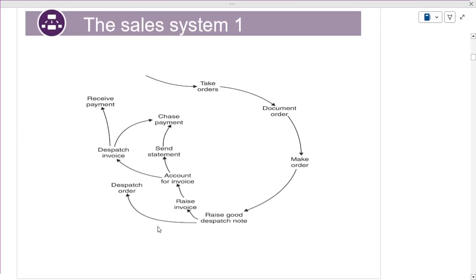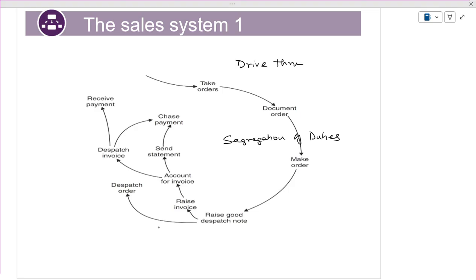Now, see how sales will work. I will give a simple example of a drive-through. What will you do? They will take the orders. The most important thing is segregation of duties. One person will take the order, documenting it. Another person will make the order. Some person will